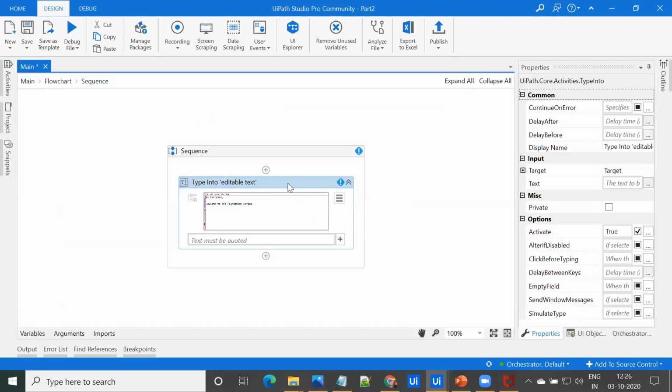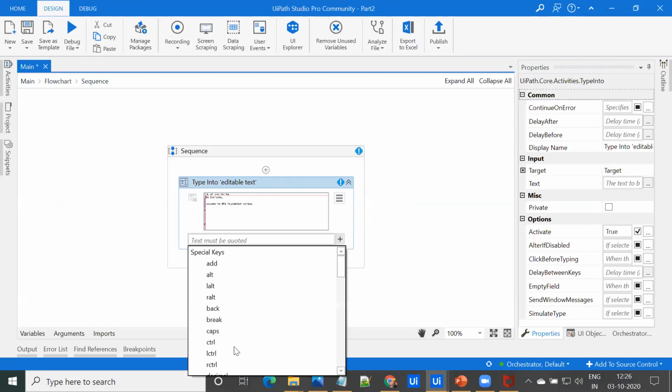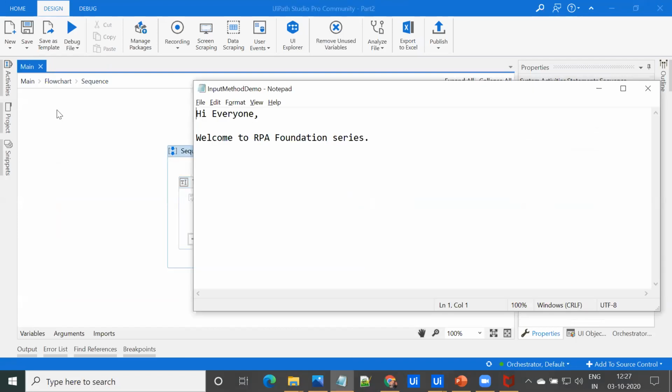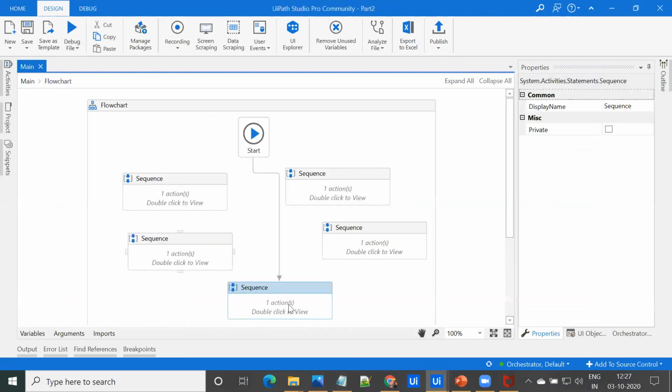And for default method, we don't need to check anything or do anything. So I'm going to add enter as a hotkey or a special key, and I'm going to pass some text over here. Let's say, thanks for joining. Okay, so let's run the workflow.